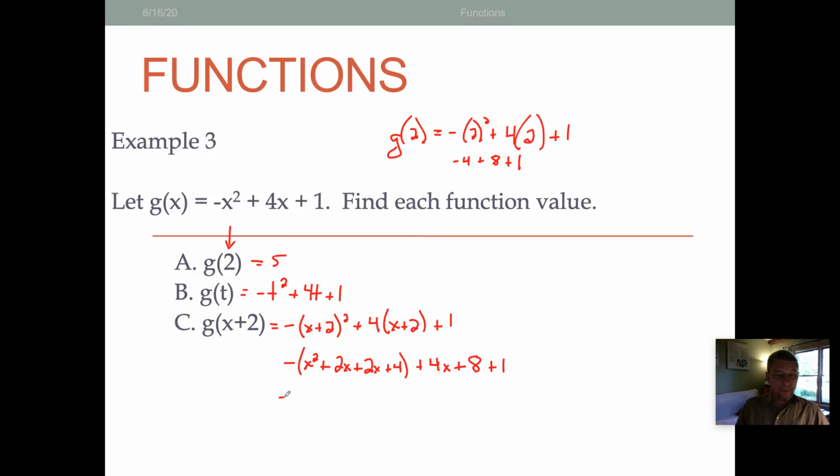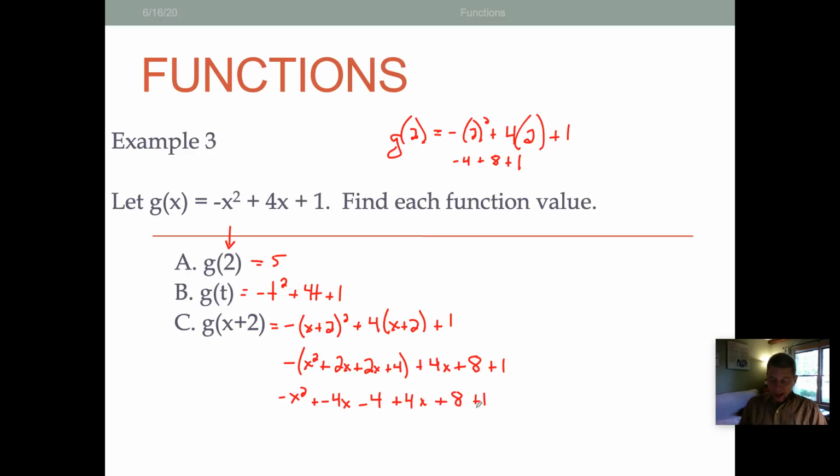Now, this becomes negative x squared plus negative 4x. Now, why did I make this negative? Because of the negative sign over here. 2x plus 2x is 4x, but we have to make it negative because we're multiplying the whole thing by negative 1, minus 4. So that's the end result of this original term, plus 4x plus 8